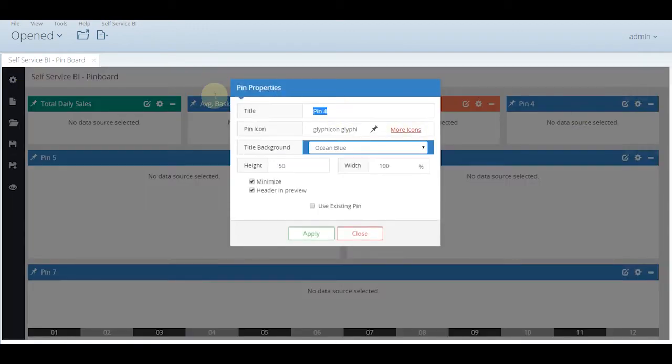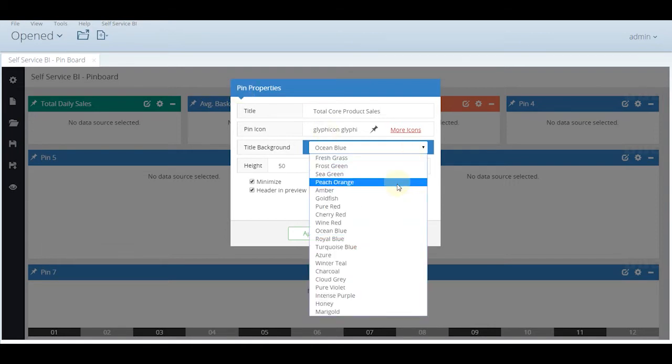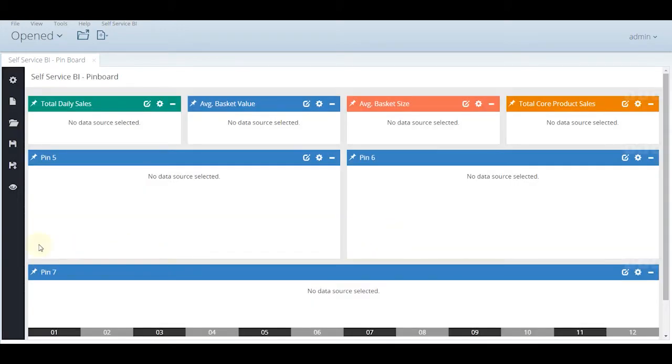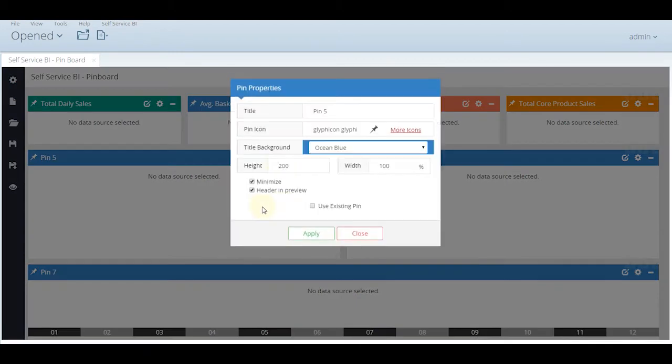Pin number 4 is the total core product sales. Pin number 5 is the top 10 products by revenue.